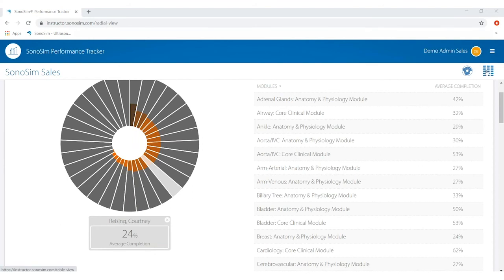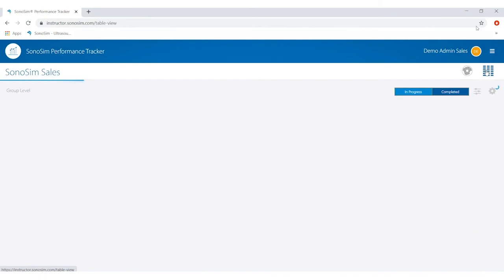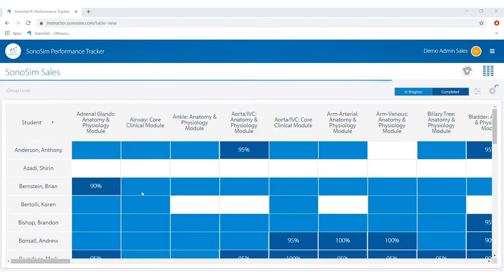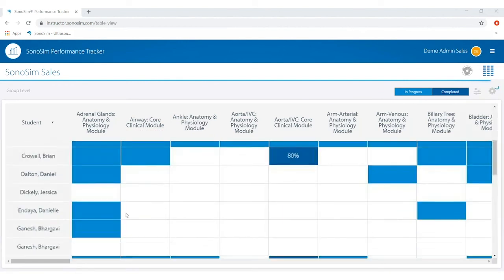If we jump into our table view, which is just right here on the radial page, or back on the main menu, depending on how you would like to navigate, you'll be able to see a much more granular view of how the students are doing. So here we can see the modules, the names of the students, their scores, the courses in progress. So if we scroll down here,